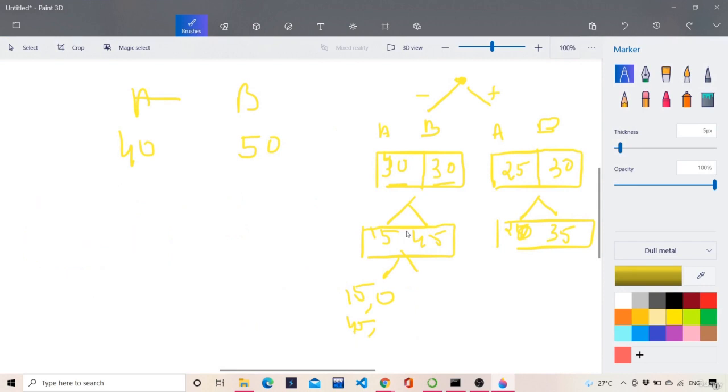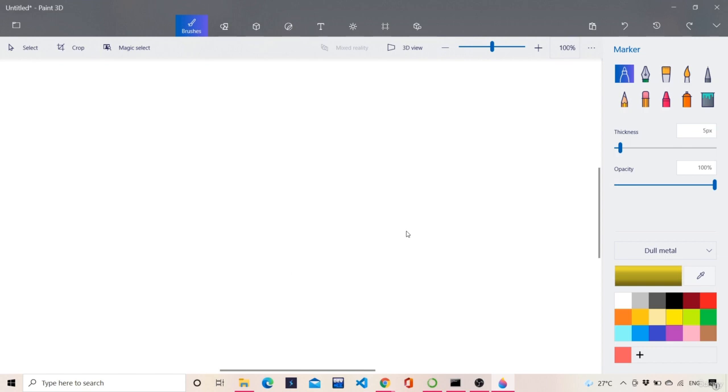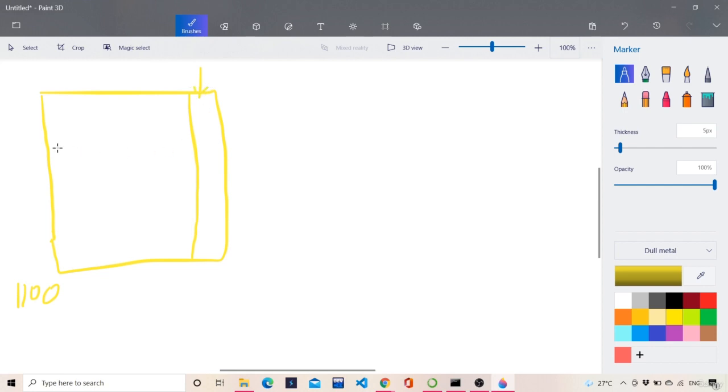Okay, let me just show you what bootstrapping and aggregating mean, right? So what happens is you are having a data set over here. Let's say the data set has some 1100 rows, for example, and this is the column which we want to predict, right? So for the first 50 rows I will randomly select. Okay, so this is nothing but bootstrapping.